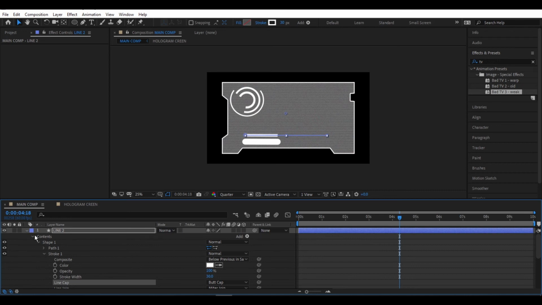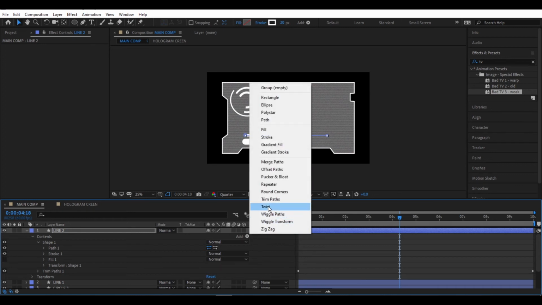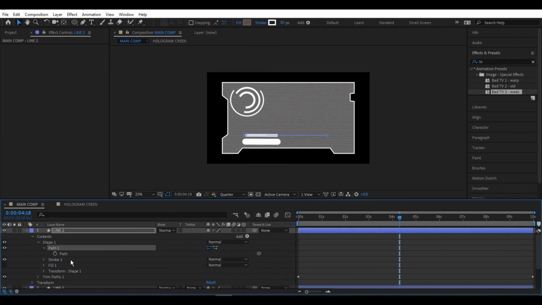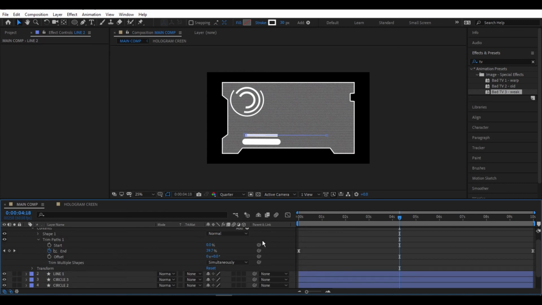The next thing I'm going to do is close my stroke properties here, come to add, and add in, no, we already duplicated this. Come to trim paths settings here, and move this animation a bit closer,